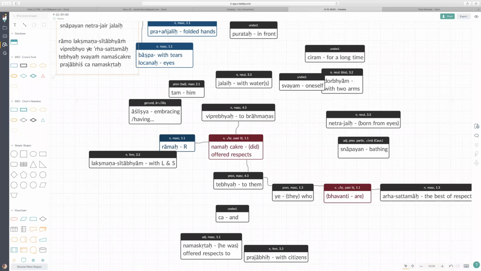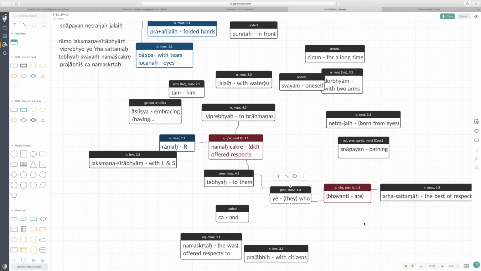Otherwise, this arhasattama can technically be describing the same vipras, the brahmanas. Those who were the most respectable, to those brahmanas Rama offered respect. But the commentary clarifies a little by saying that the best of respected refers to another group of people, Rama's elders, like his mothers and other elderly members of the family. So this is